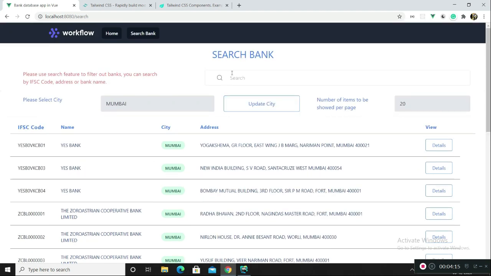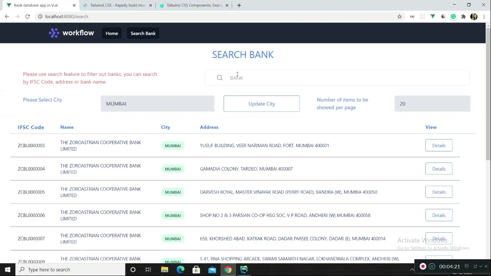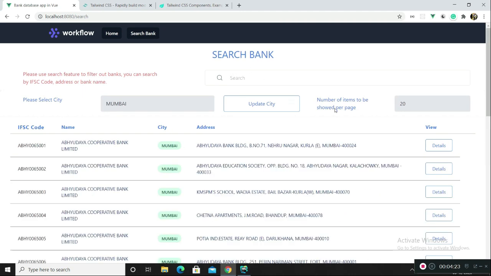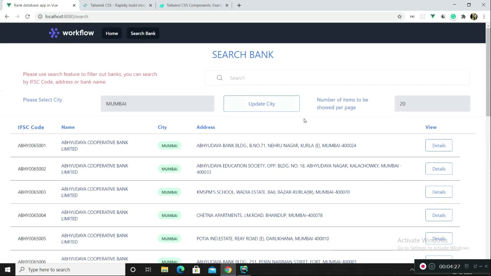You can also filter your results by bank name. Let's say bank. Okay, what's happening here? Okay, there are quite a few bugs in this, but yeah, let's ignore them for now. It's very embarrassing, but anyway.